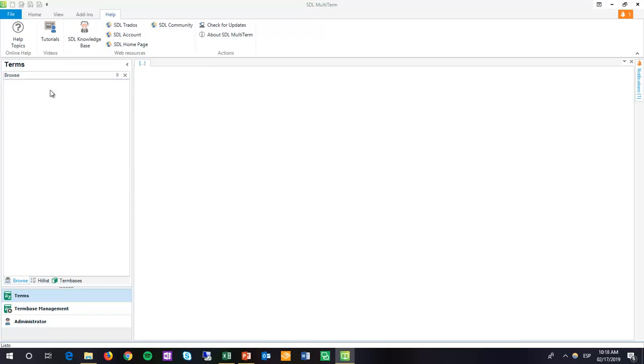We have a sort of navigation pane, but this is going to show some additional and valuable information. We have the list of available views in the application. In MultiTerm Desktop, we only have 3 views: termbase management, and administrator, and we don't have a sort of central area similar to the one that we have in SDL Trados Studio. Okay. Now,